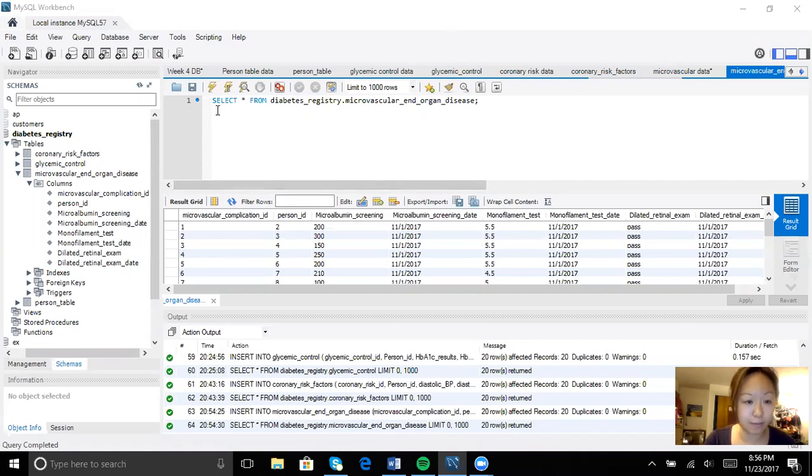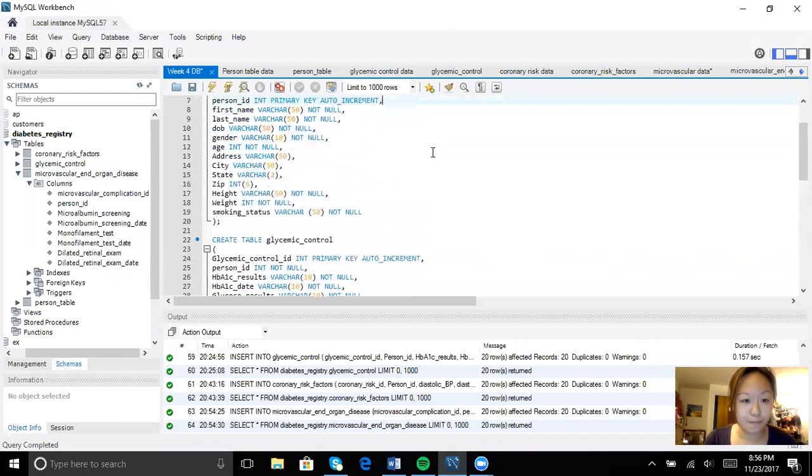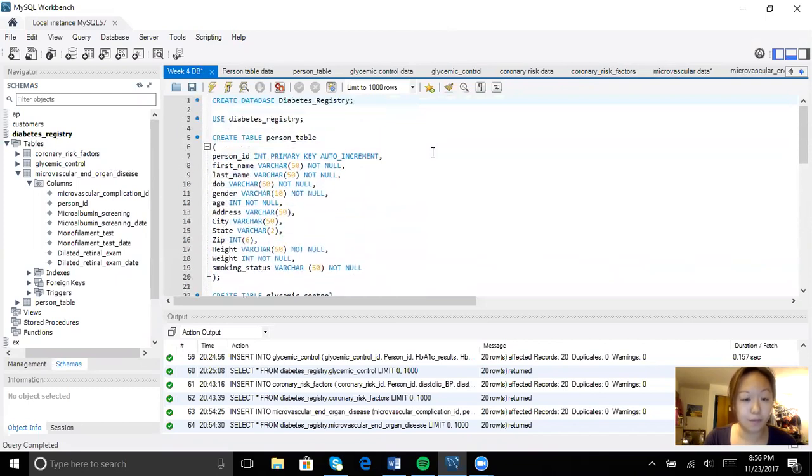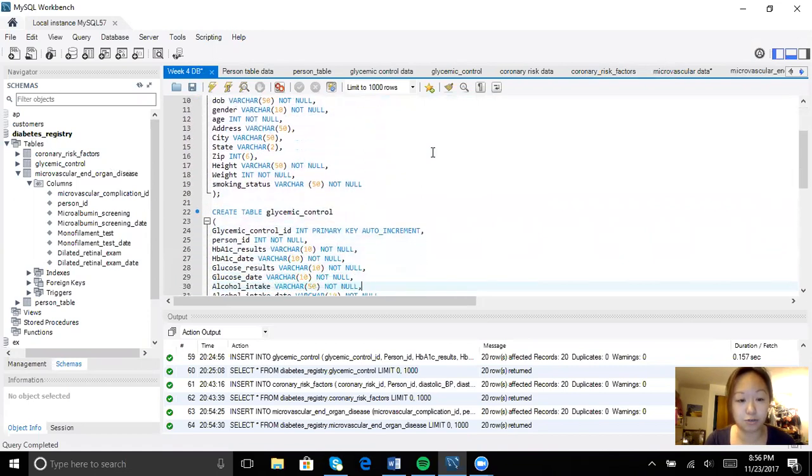I am presenting my diabetes registry database. I first created the database up here. I named it Registry, Diabetes Registry. I created a person table. You can see the values here, person table, glycemic control,